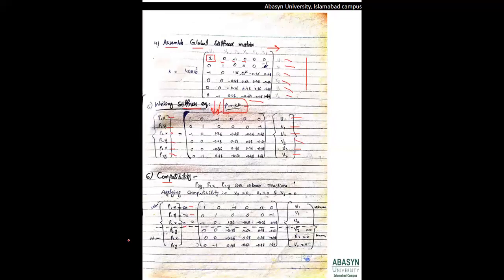This is the P2x, which is the roller. As we know, in the case of a roller, we only have a reaction in the vertical direction, which is perpendicular to the roller. So we only have this value of the load, which is basically a reaction, and there is no loading in the x direction. Similarly, at node 3, we have a pin. In the case of a pin, we have reactions both in the x and in the y. Let's call them P3x and P3y, while P2y remains as it is.